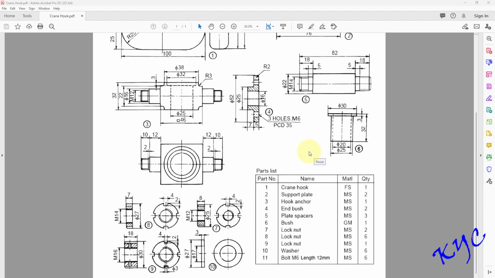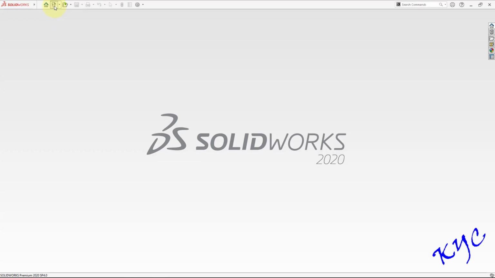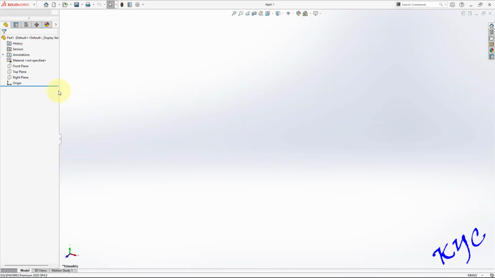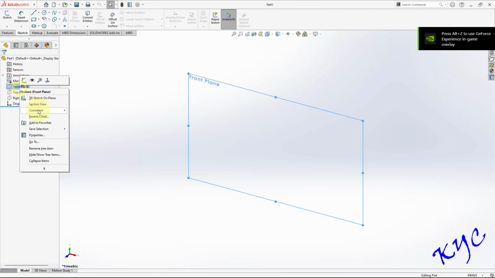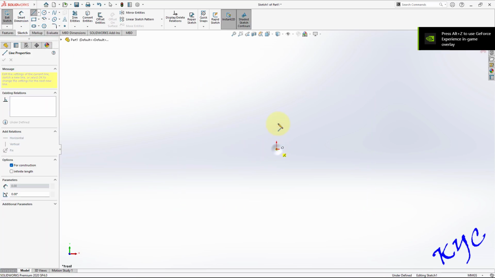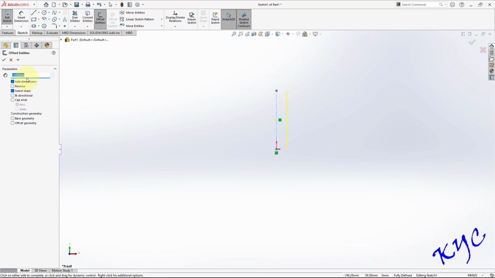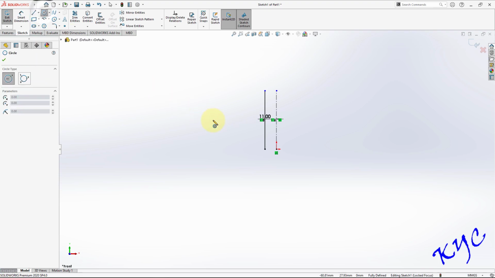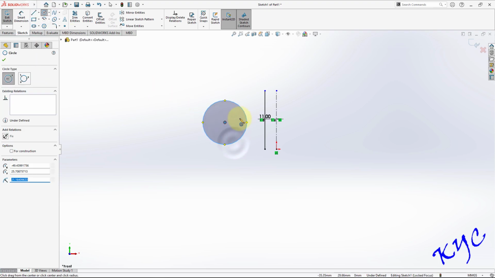Now let us move on to SolidWorks. Click on New, select Part, click OK. Right click on Front Plane, select Sketch, go to Construction Line, draw a construction line, offset this line by a distance of 11 mm towards your left side. Go to Circle, draw 3 circles of diameters